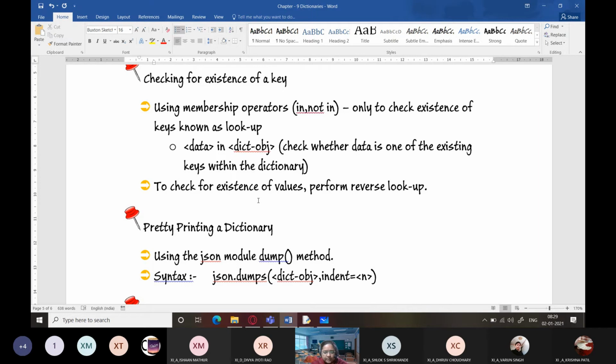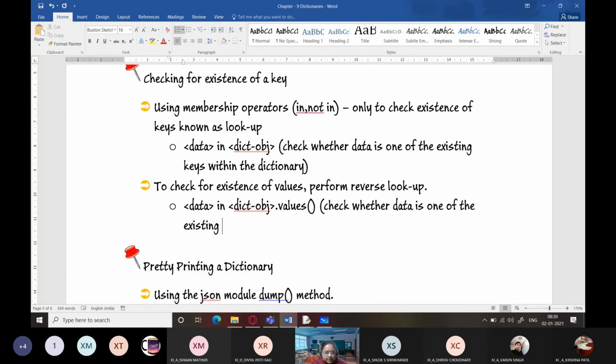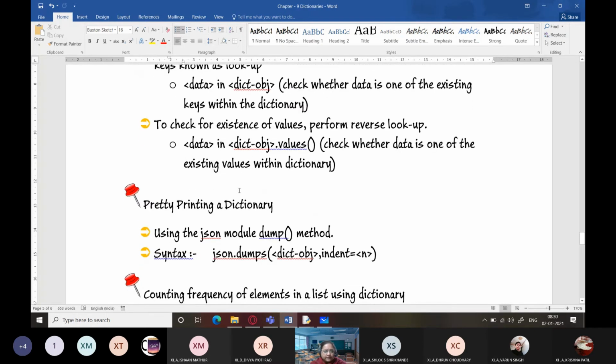And to check for the value, I'll write data in dictionary object dot values. This checks whether data is one of the existing values within the dictionary. So if you want to check for the keys or the values, you can do it this way.